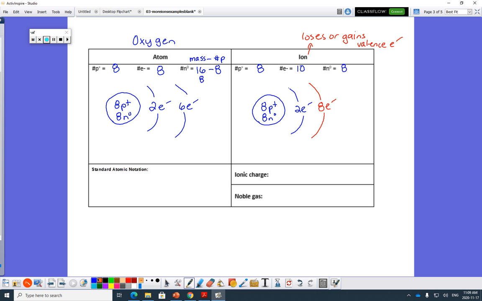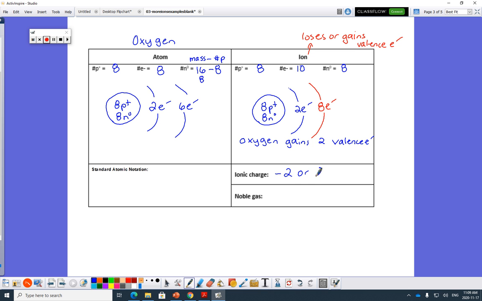So I made it a different color, but you don't have to. If you're not into colors, I'm not going to force you. Okay, so oxygen gains 2. You don't have to write the words when you do the homework, but that's what we're always thinking, okay? Maybe you already know that. So again, when it says ionic charge, you have some choice. You could just write